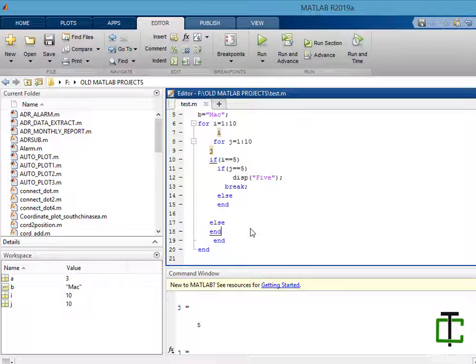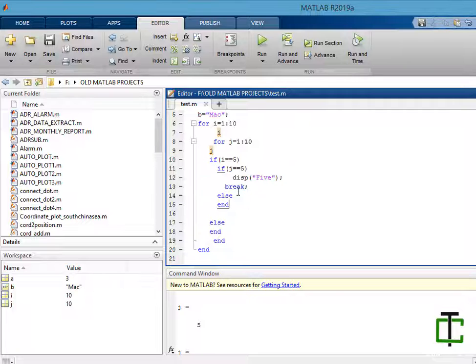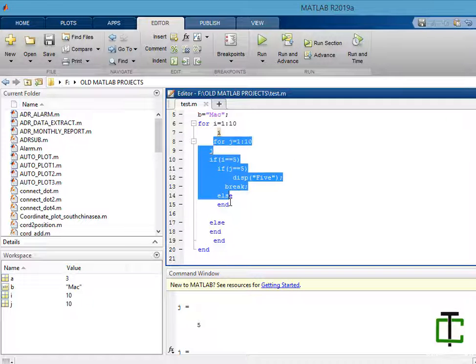So my point, guys, is to show you that whenever the program counter hits this break statement, it does not matter how many if conditions you are using in this for loop. It comes out of these if conditions, nested if conditions also, and out of this immediate for loop, not from the outer for loop.